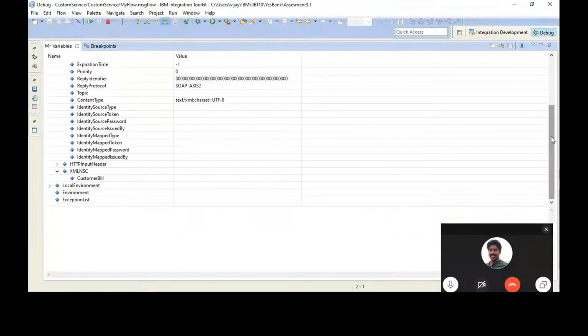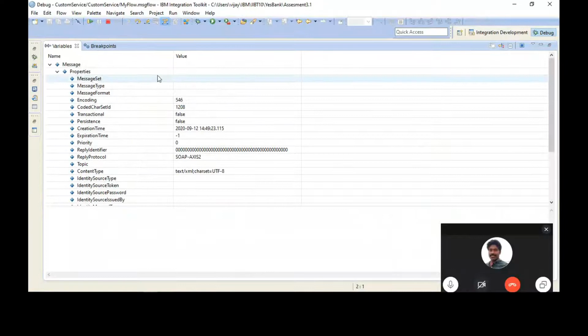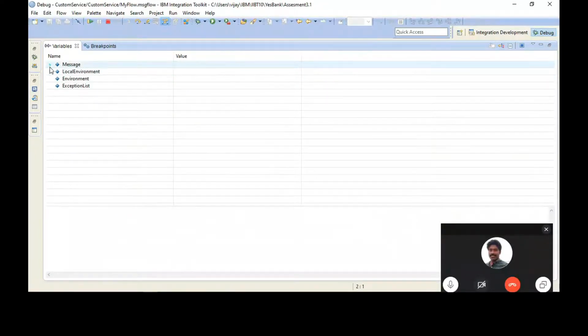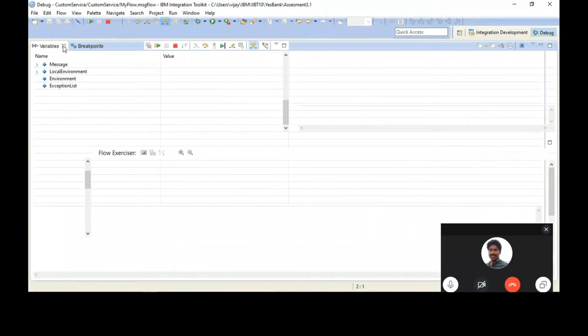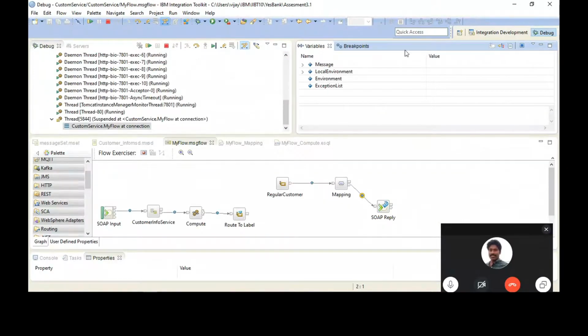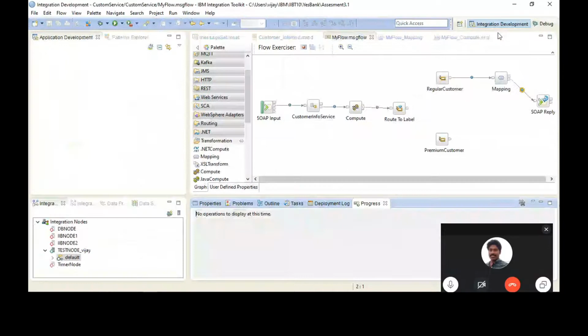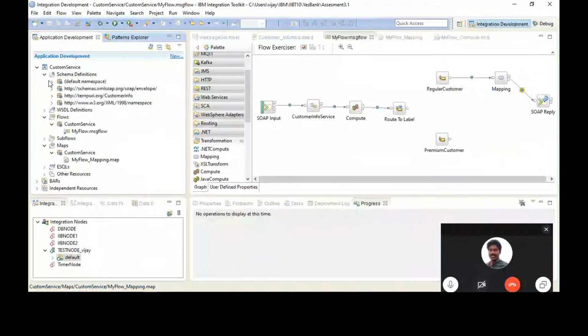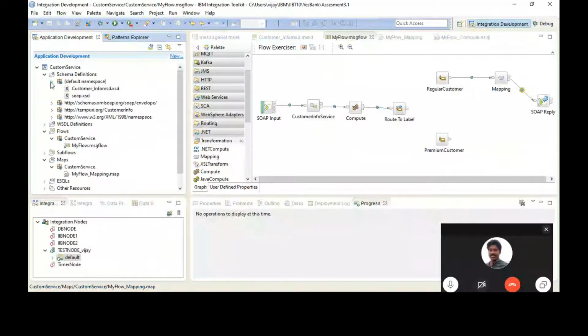Maybe it is something to do with the way that you created the map and provided the input and output message models. Show me the message models, the location where the models are kept.